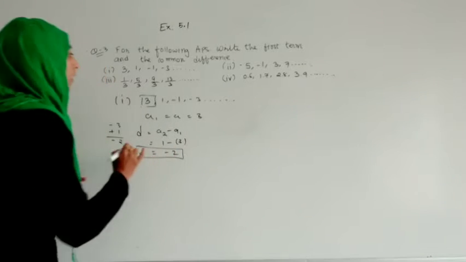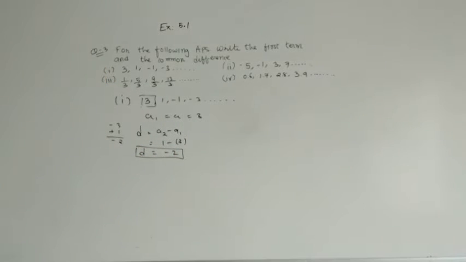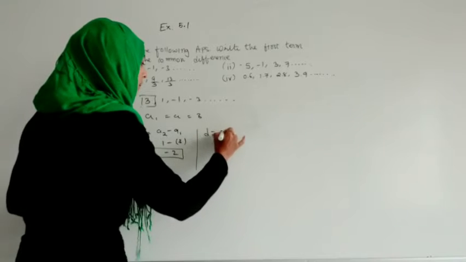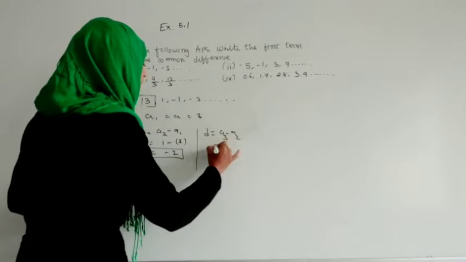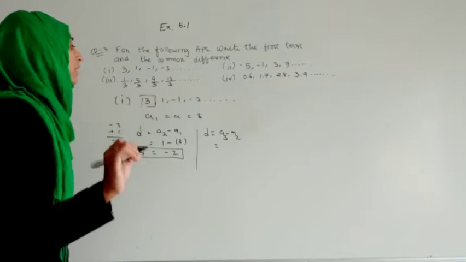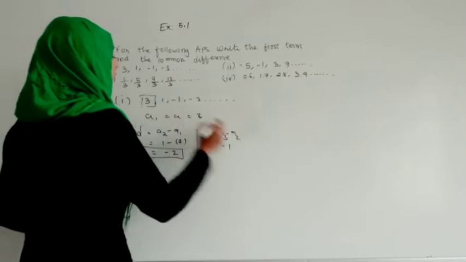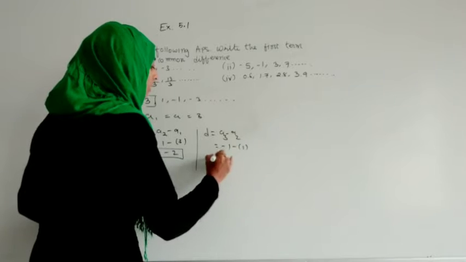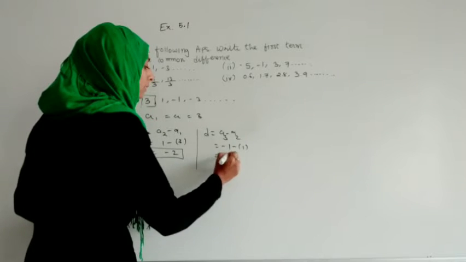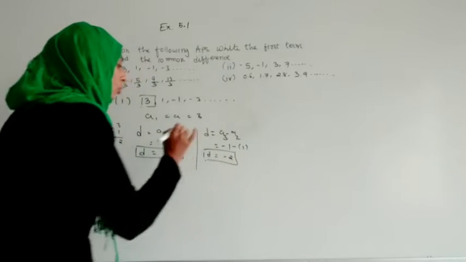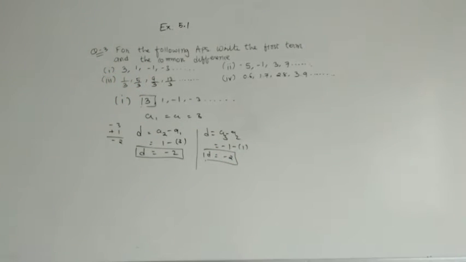Now here if you are not satisfied with the first one, that if the common difference is correct or not, you can find the second difference too, means you can subtract a3 minus a2 to make sure that you did it correctly. So here you will write a3, that is -1, then you are writing minus and it is 1. Minus minus will make plus, यानी 1 plus 1 होगा 2, but the symbol you will write as -2. So here both the times we are getting D as -2 only.